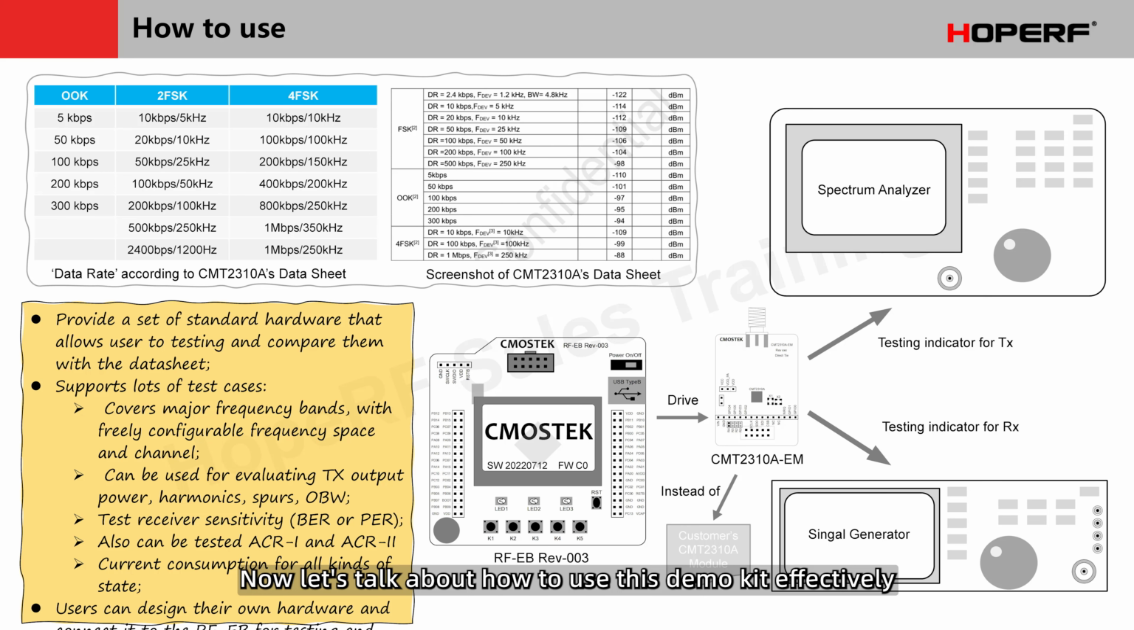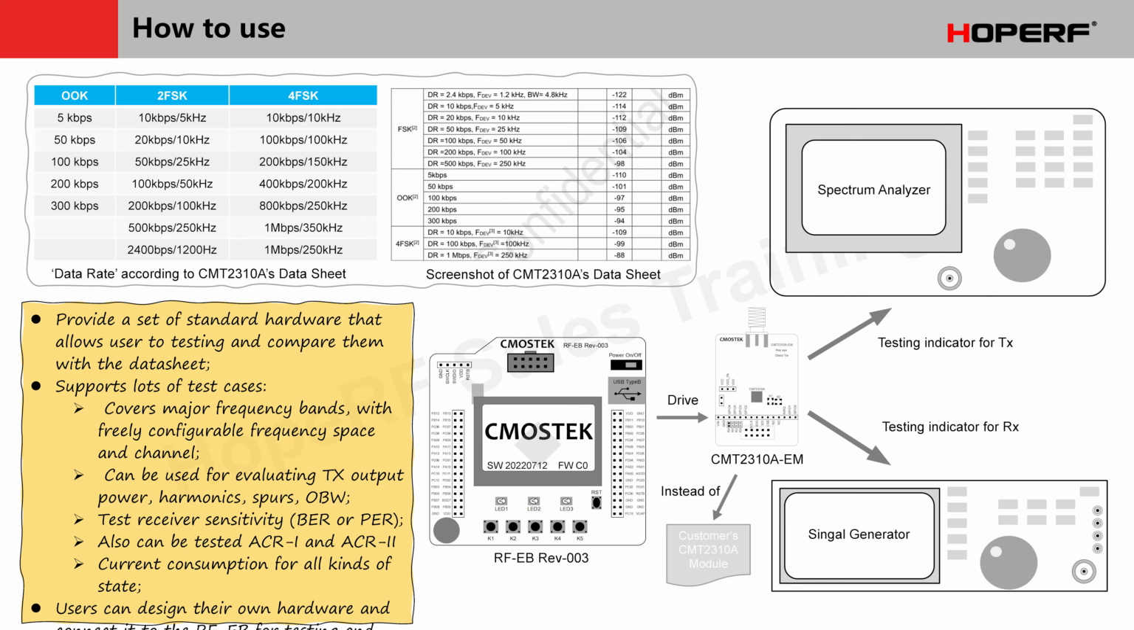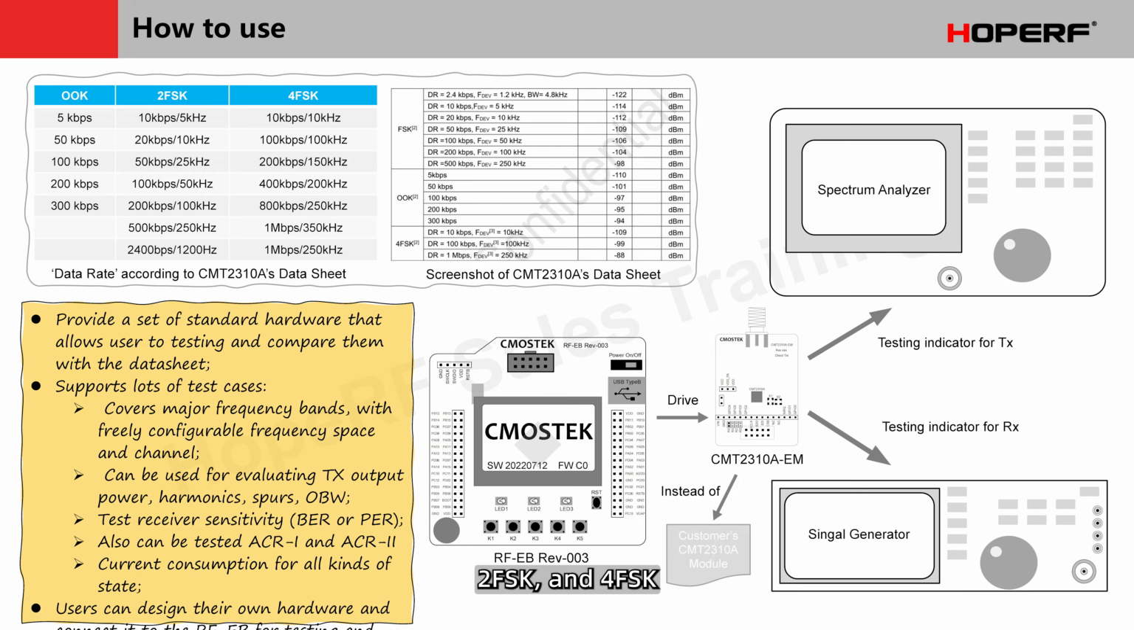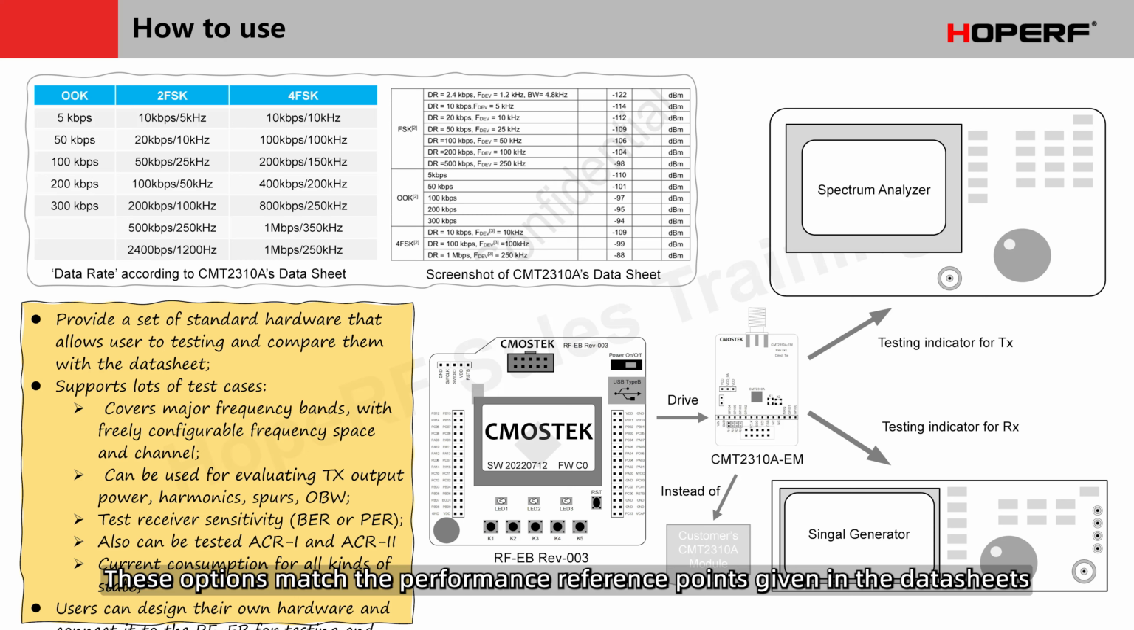Now, let's talk about how to use this demo kit effectively. As shown in the top left of this slide, the demo provides various data rate deviation combinations for OOK, 2FSK, and 4FSK. These options match the performance reference points given in the datasheets. You can use one RFEB Rev003 board with a